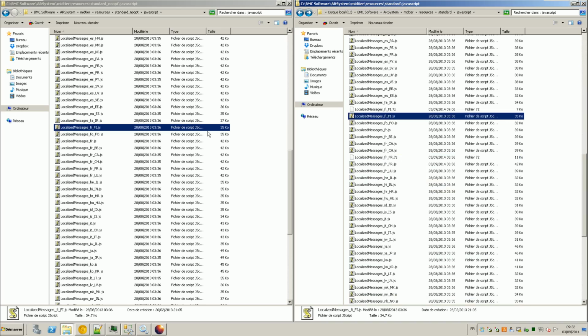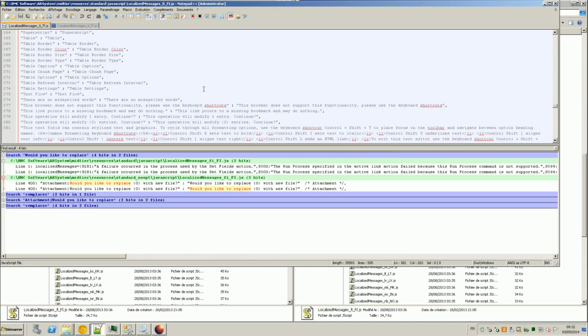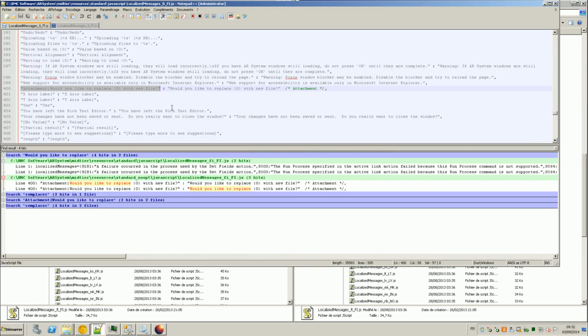And here you can see that I copied the one from not optimized to optimized. So now when I open it, you can see that on the optimized version I got the version that is not optimized, with carriage returns. So if you want to localize, you just have to change